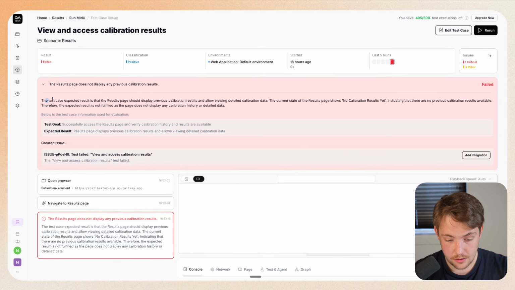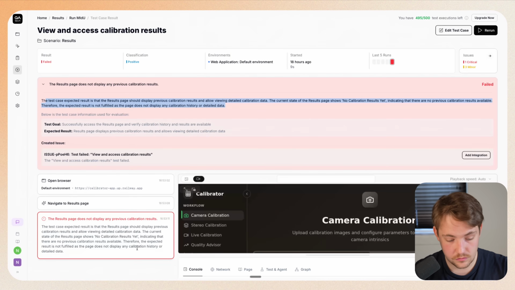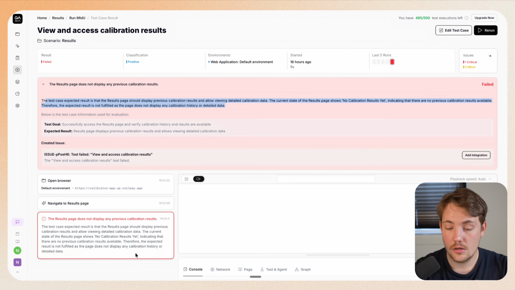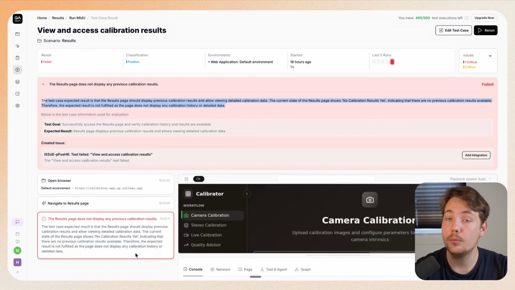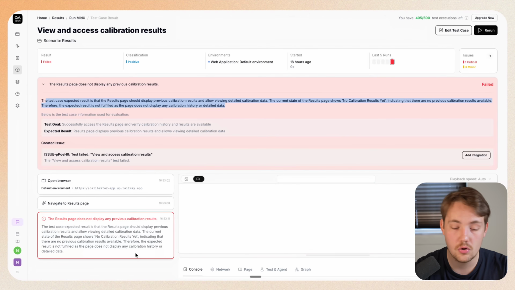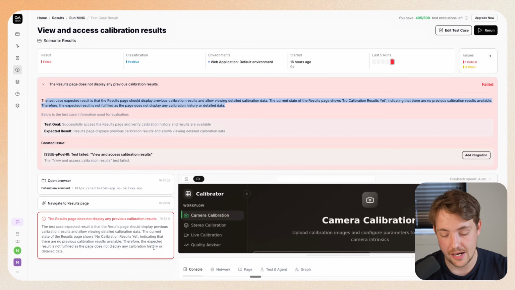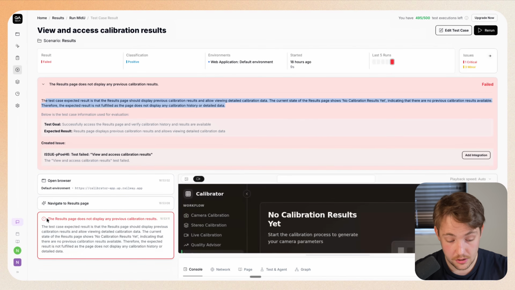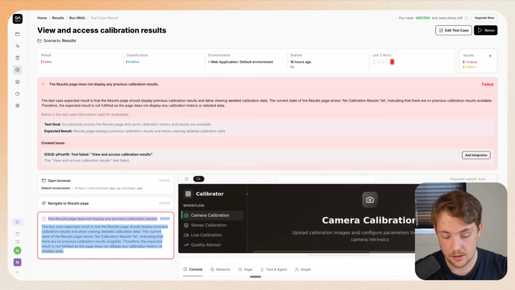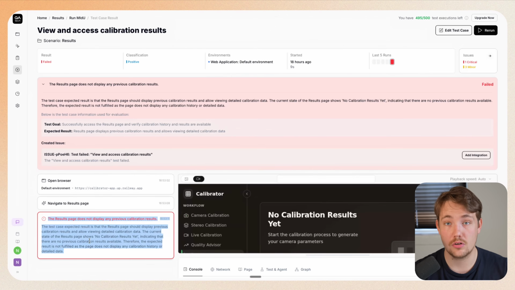So again, we can grab this data directly, just throw it in, because we know the goal, we know the test case that we're setting up, and we know the error. That's pretty much exactly what we need to throw into Claude Code, ChatGPT, or whatever coding agent you're using. So the results page does not display any previous results. It gives the data. I will just copy paste this section, throw it into Claude Code, and then we